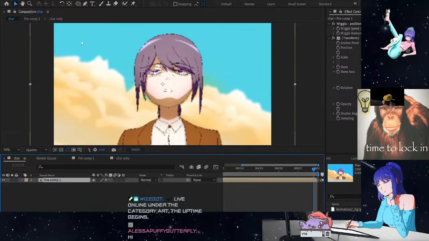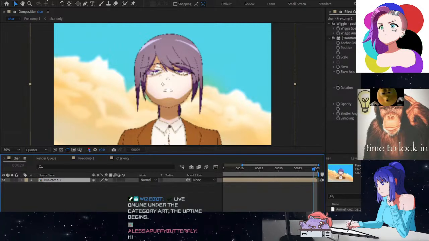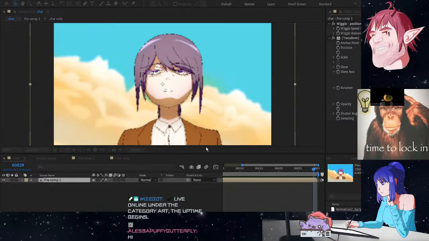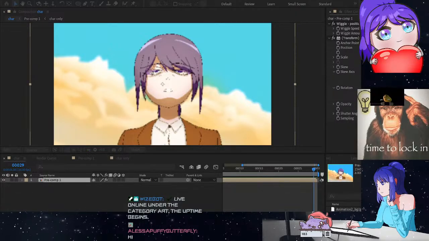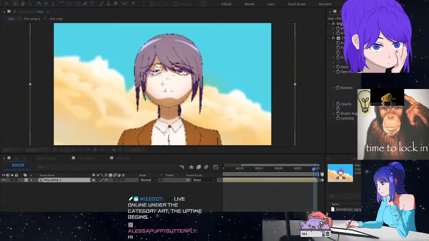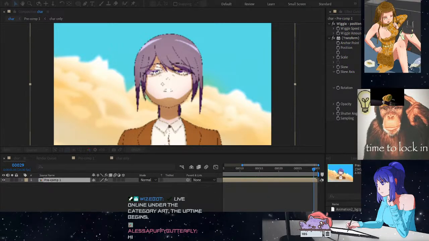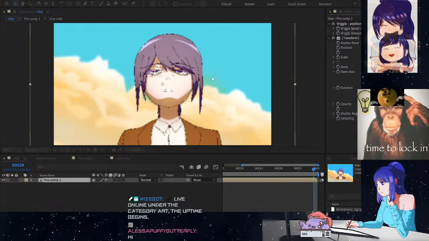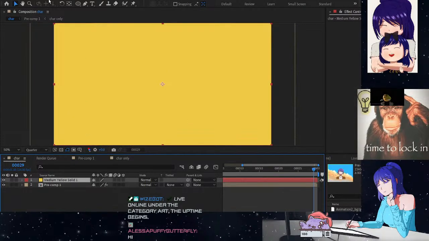Wait, I should put it on top of everything, right? So, layer, new solid. Yellow color, yeah, that's how it's gonna be. And then let's add a